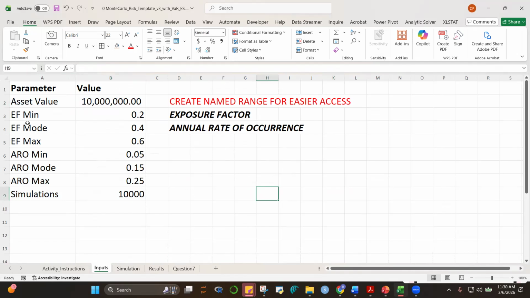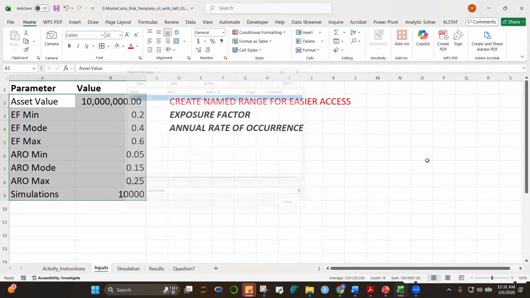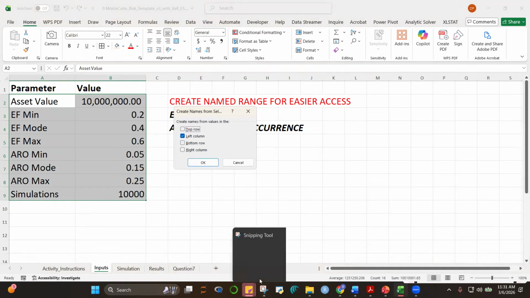So you don't have to name each of these individually. What we can do is just highlight this, and then Control Shift F3. There you go, Control Shift F3.